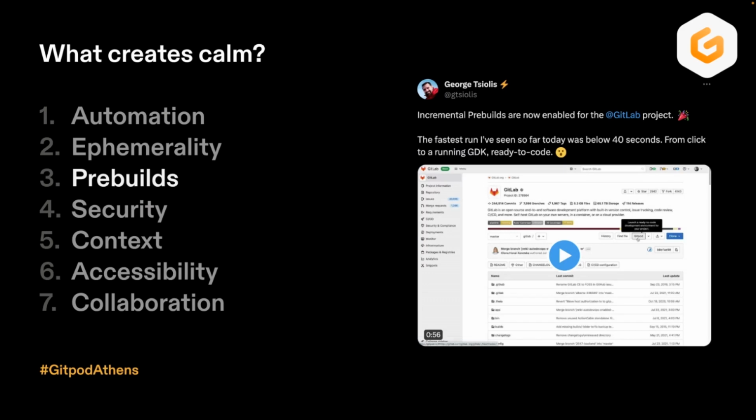Another example is prebuilds, and how your project is rebuilt every time you commit, in a similar way to your CI/CD, when you have your build and test phases go through on each commit. In a similar way, cloud development environments can pre-build your code and have your project ready to go. So you don't have to wait every time you open a workspace to build again or download dependencies.